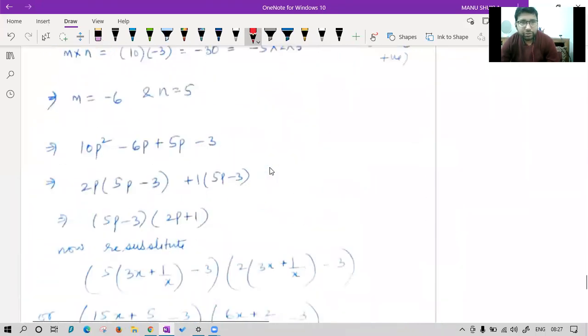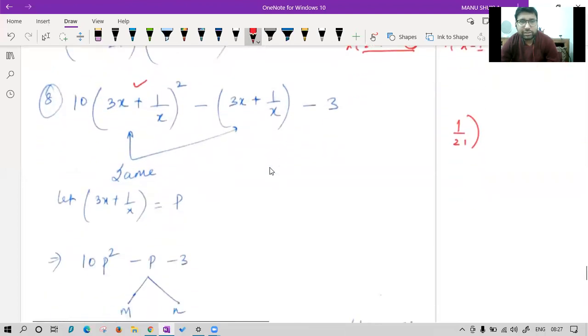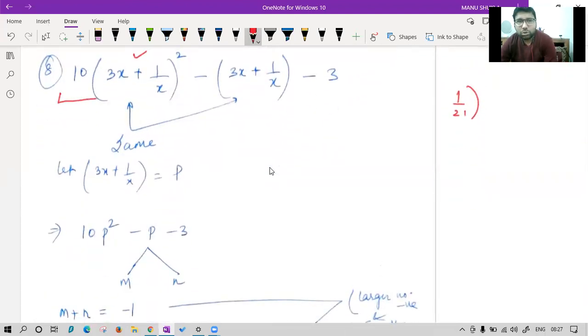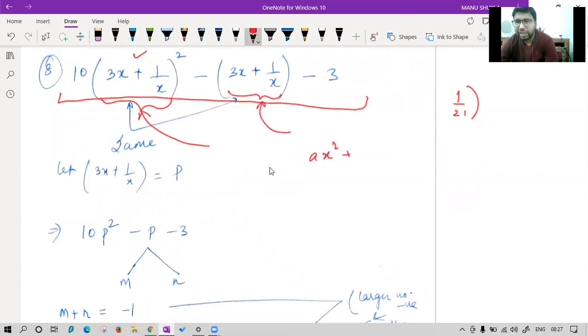But if you had seen, it only looks like a quadratic equation in the starting. The only difference is that now our variable is a little bit complex. We have a habit of seeing the variable as ax square plus bx plus c, or ay square plus by plus c, so that we can easily operate on our a, b, c. If required, I could also have taken it as p and directly solved it.